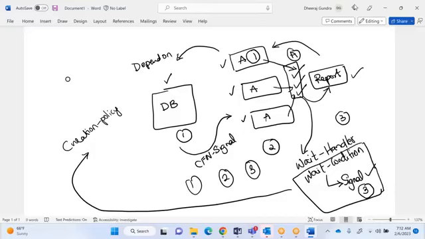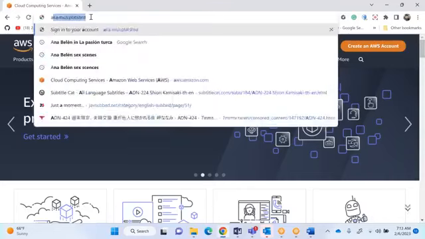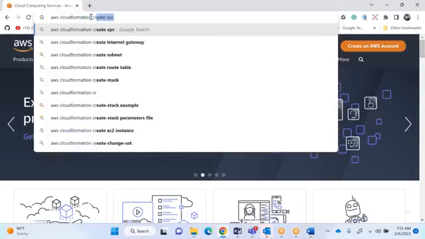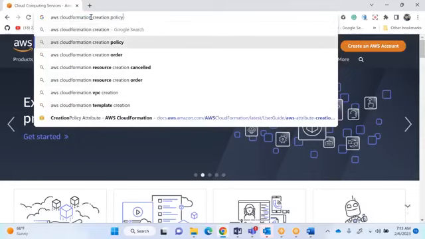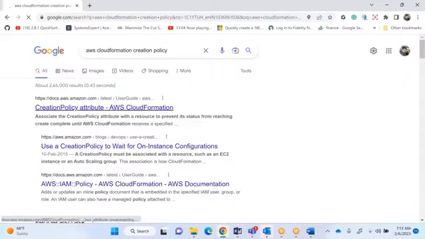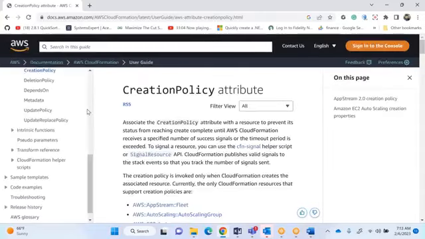Let me explain where you see that creation policy. It's all there in the AWS world: AWS CloudFormation creation policy. What is creation policy?